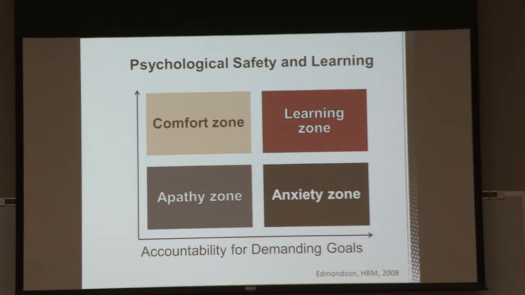But if we don't provide psychological safety, which is on the y-axis or the vertical axis, then we can be in that right lower quadrant, the anxiety zone. And what she found was that there were a lot of organizations that did okay for a while there, but over time the employees didn't take any risk. They were afraid of making a mistake. So they were trying nothing new. They were always hammered whenever they made a mistake. So they had a lot of anxiety.